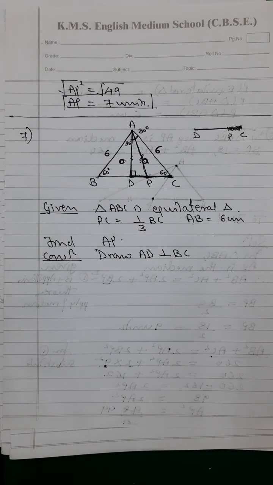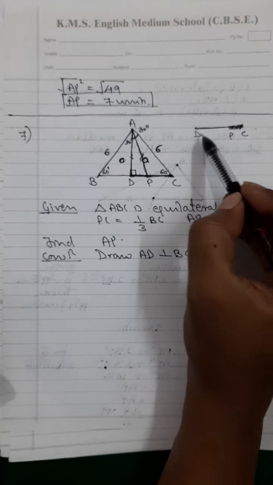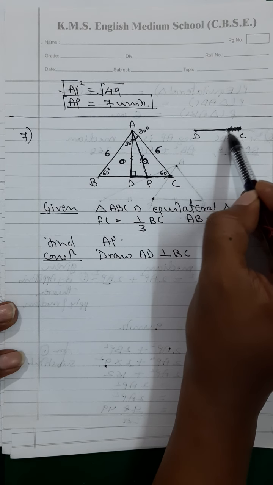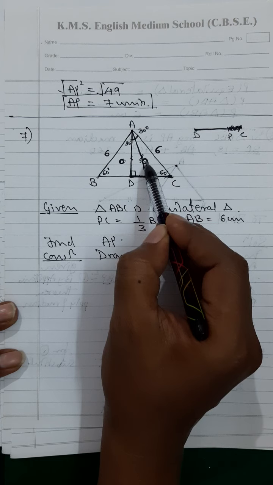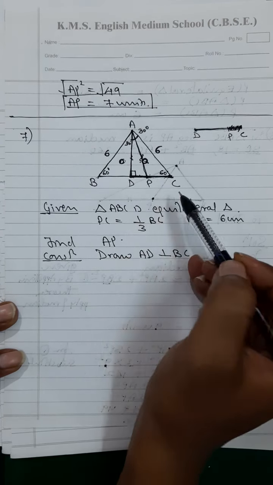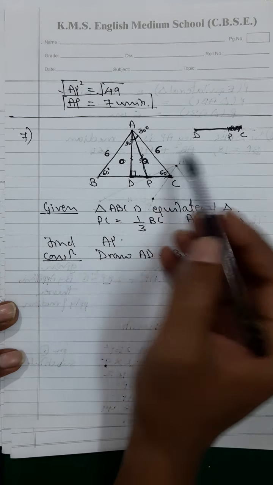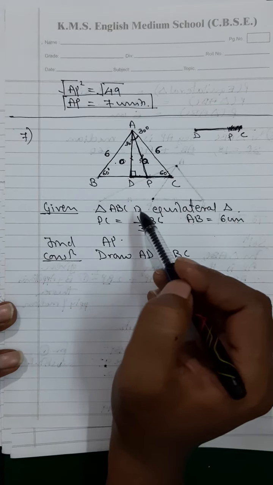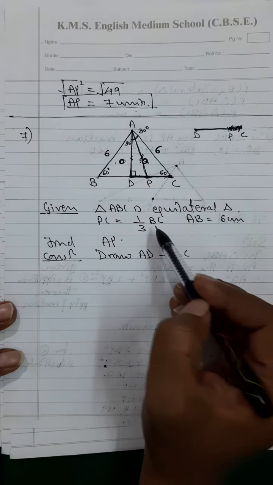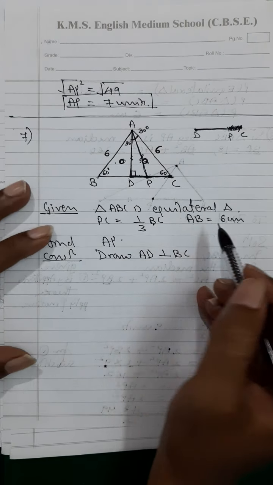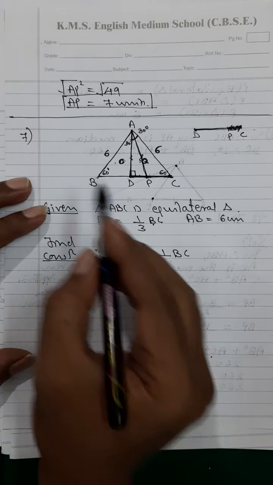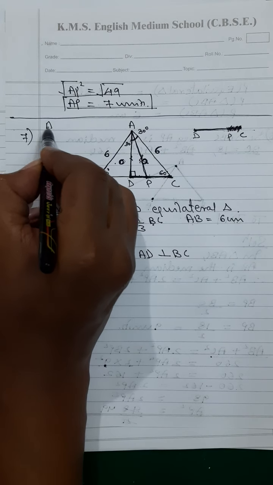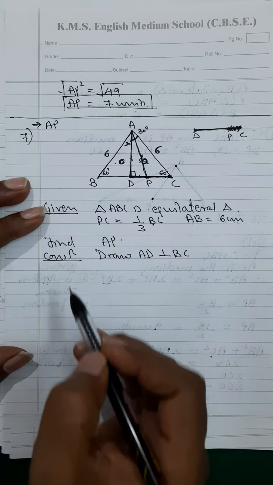And for our convenience, because we have to find DC, as I told you, from DC I have to subtract PC. So I will require DC. So it is better I go into this triangle and by 30, 60, 90 degree triangle find DC as the side opposite to 30 degree. AD I will be finding whether it is over here or over here. PC is 1/3 BC. So everything is coming, my dear students. Basically, step by step you have to understand. See how you are going to do. You are supposed to find AP. This is your true question.